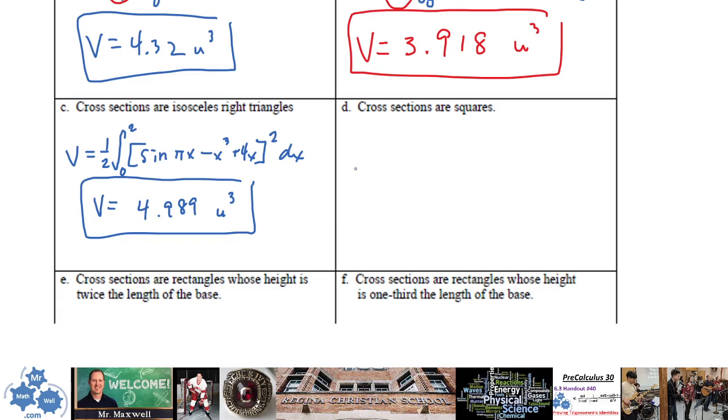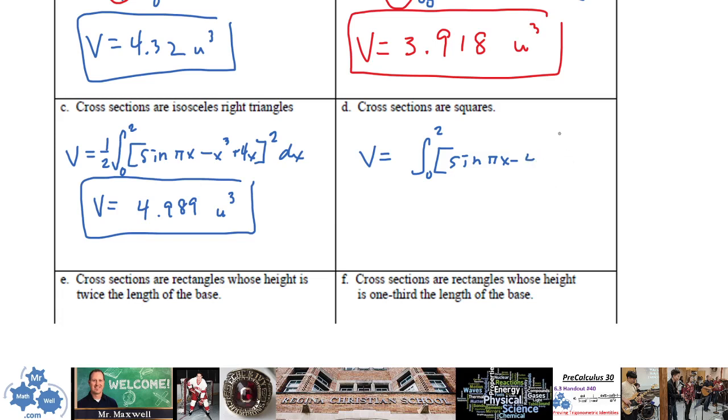Okay, hopefully you've had a chance to try that. Now, this is actually probably the easiest one because it doesn't have a constant in front at all. It's just simply your base length squared, right? So from 0 to 2, there's no constant out in front. And it's simply sine of pi x,